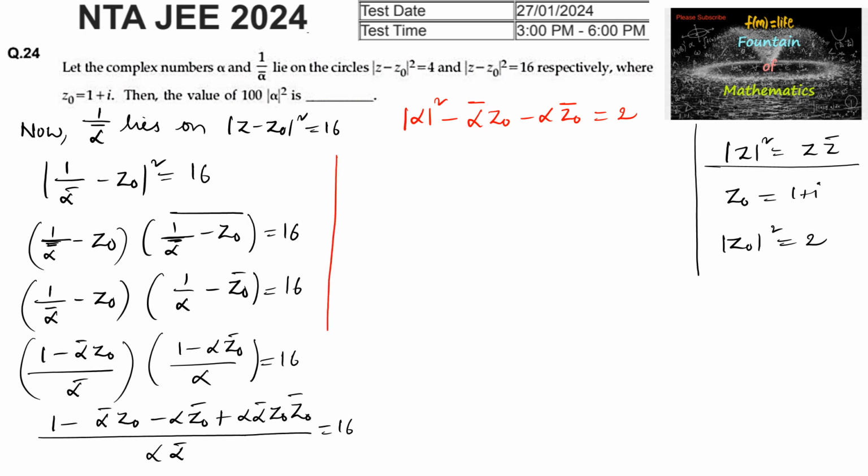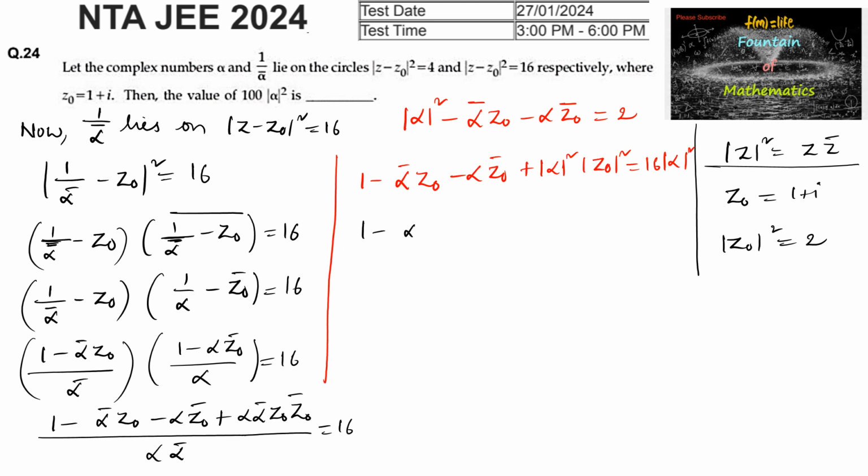So we can write here now 1 minus alpha bar z naught minus alpha z naught bar plus mod alpha square into mod z naught square is equal to 16 times alpha alpha bar, which is mod alpha square,